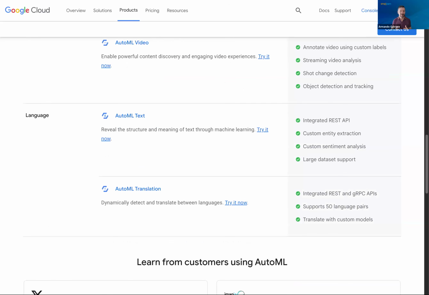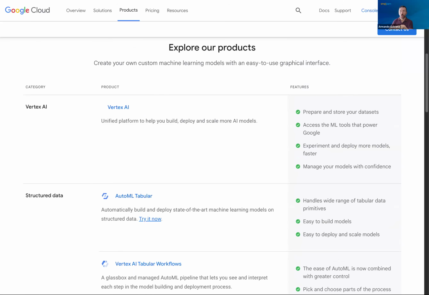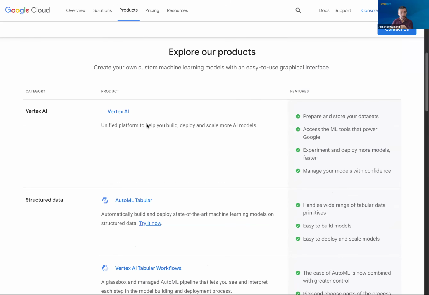But if you see, they already have a lot of text to speech, speech to text, video. I don't know if they have actual audio, but they have image. So they do have a lot of pre-built solutions. But if you see Vertex, in Vertex you can do your own custom models. So Google Cloud, again, very robust. They have pricing based on pay as you go. It's based on how much you use is how much they will charge you. Okay, so that's Google's environment.